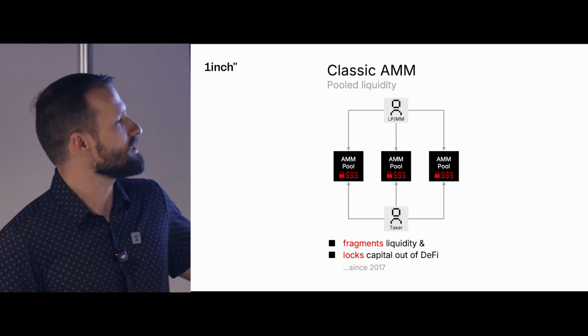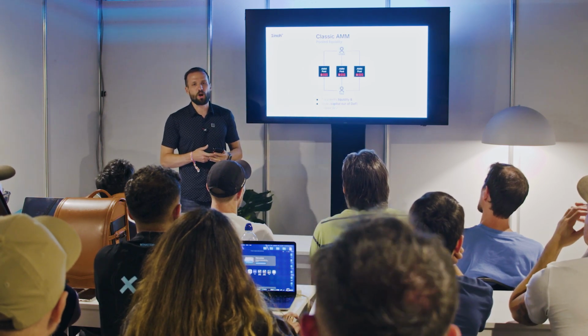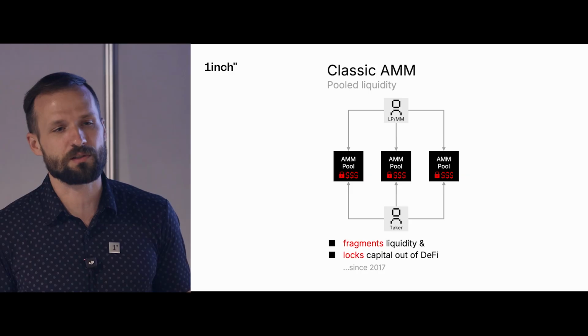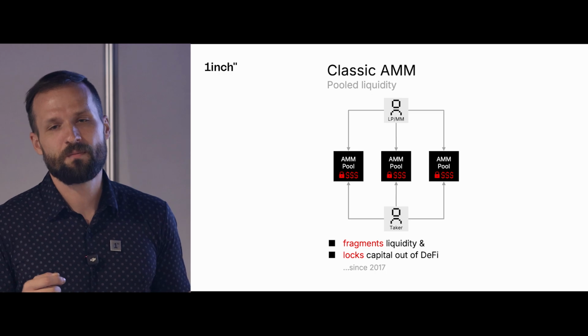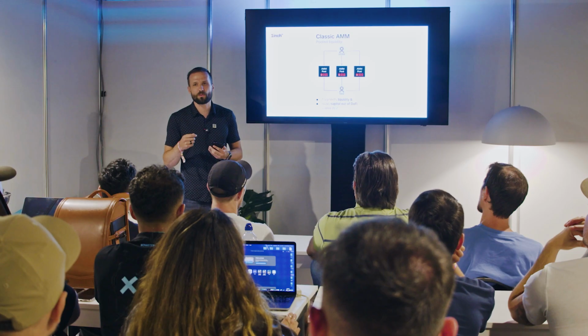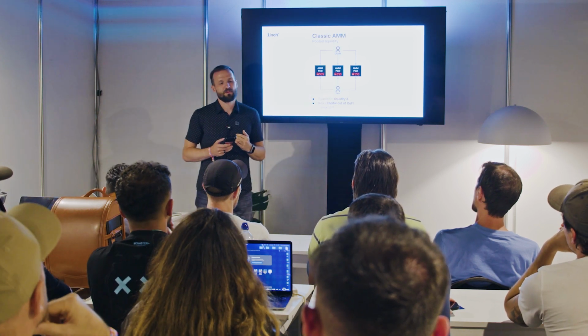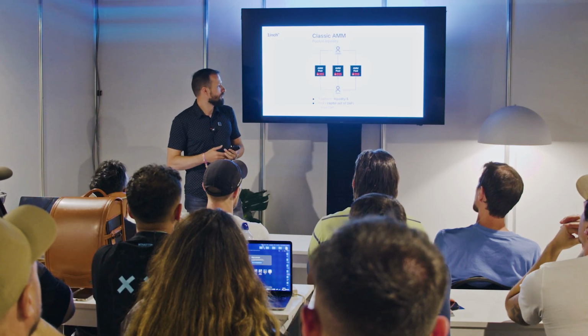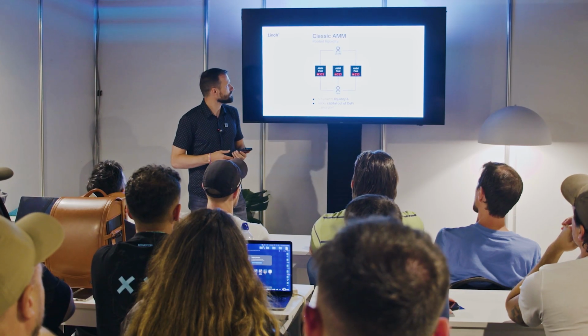One more point is that this liquidity is being locked inside AMM pools. What does being locked mean? You can withdraw it anytime you wish. Yeah, that's true. But locked means it's DeFi disabled. If you have some tokens there, you can't vote with them in a DAO. You can't do any other DeFi stuff, because the only thing that can be done to these assets is that they can be transferred in and out to the taker and from the taker for swaps. So yeah, AMM pools have been doing this since 2017.